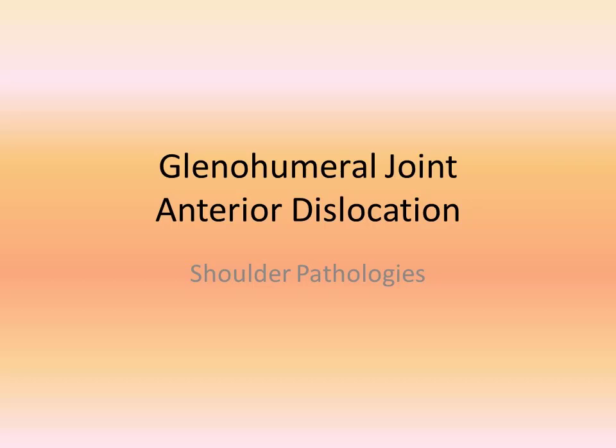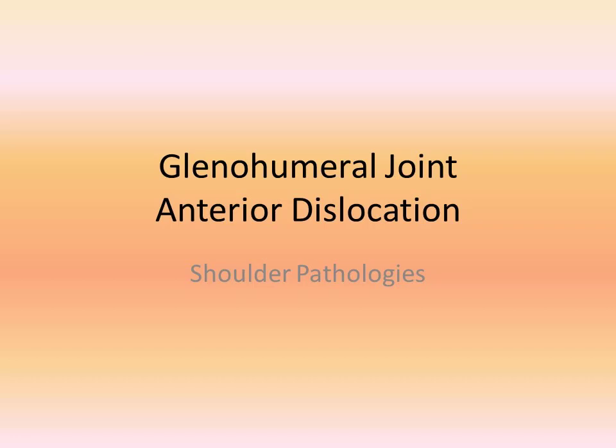Glenohumeral joint dislocations can occur in four primary different directions. Anteriorly, which is usually due to a blow to the posterior lateral shoulder. The shoulder is oftentimes in abduction, external rotation, and extension. Posteriorly, where the humerus is flexed and internally rotated and receives a posterior force along the long axis of the